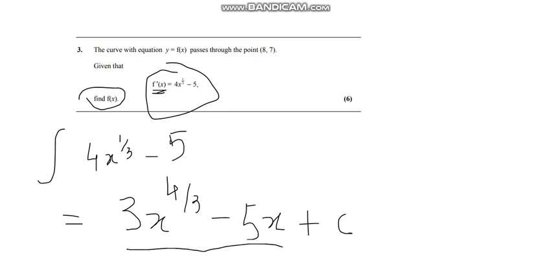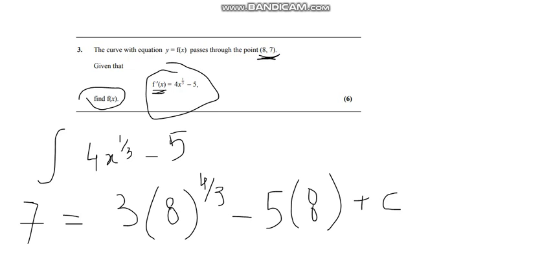So this is our f of x, but our answer is not complete yet because they have given that this point passes through it. So we have to find the value of this constant. To find the value of c, we'll plug the 8 and the 7 into the respective axes and then find the value. So this will lead us to 7 equals, after multiplying 8 with these values, 8 plus c. So subtracting 8 from both sides will give us c equals minus 1.